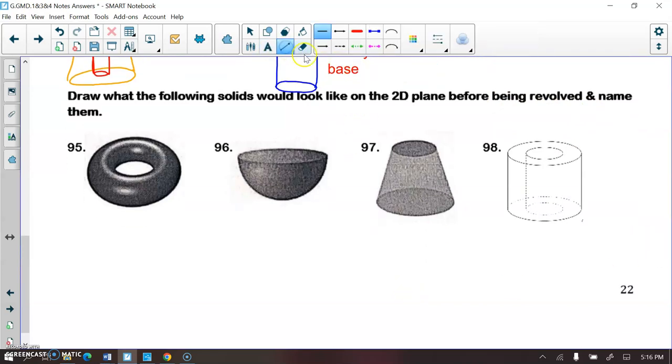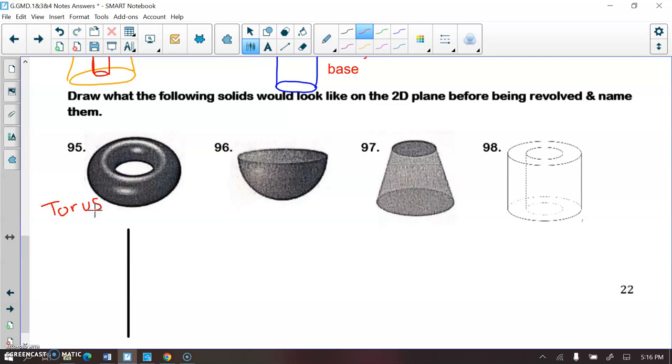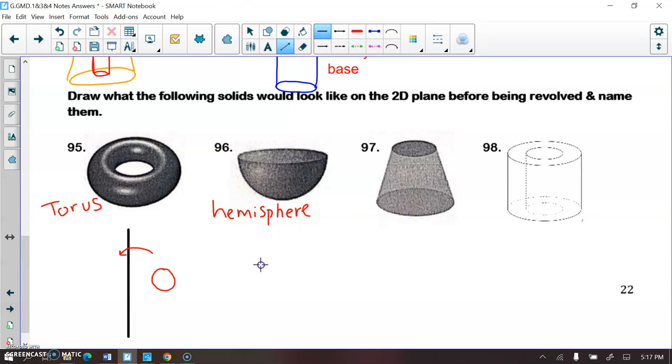So for number 95, I have a line on my 2D plane, and this looks like a donut or an inner tube. It's actually called a torus. That is the proper geometric name for this shape. And a torus is created when we have just a 2D circle rotated around the line, like so. Okay, now number 96 is called a hemisphere. And this is created when we have something that looks like this, a fourth of a circle